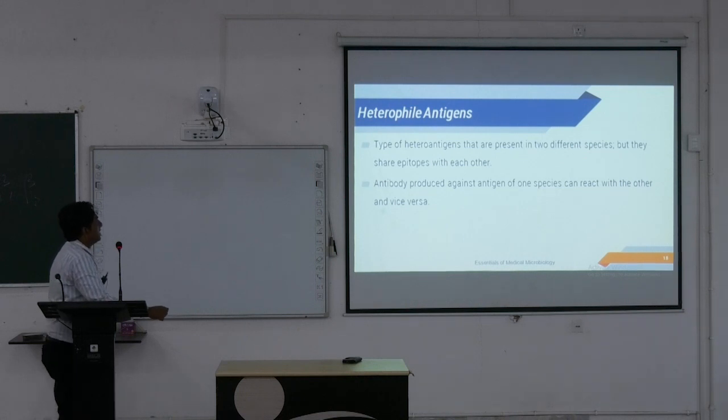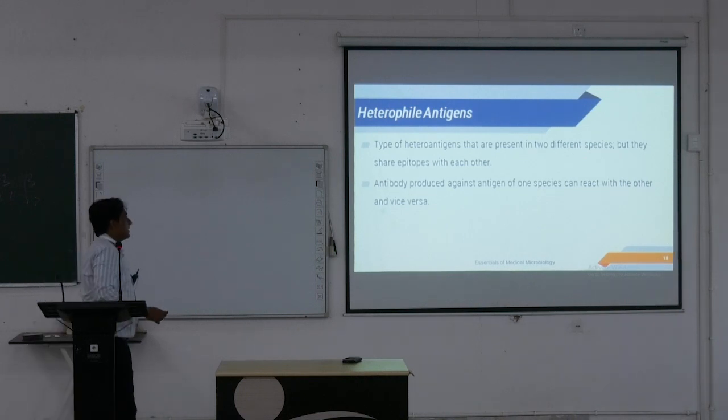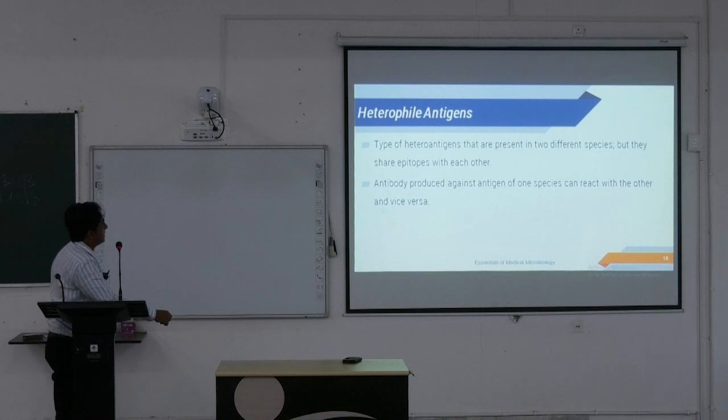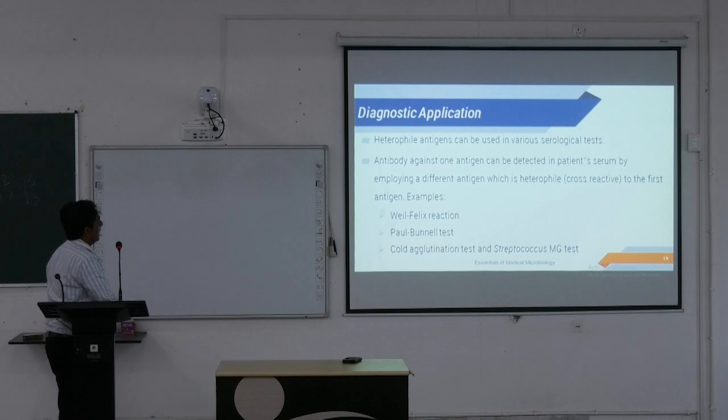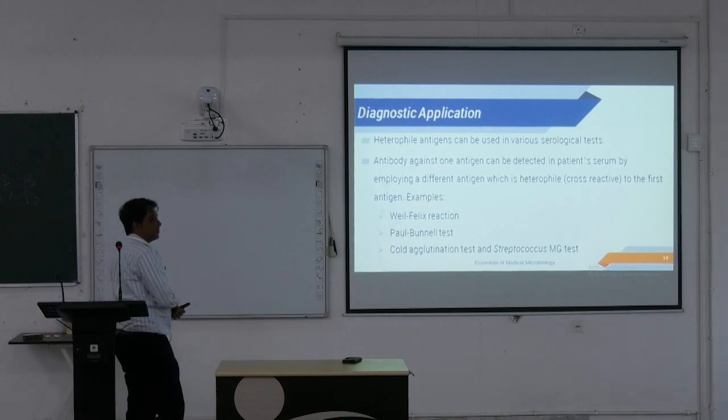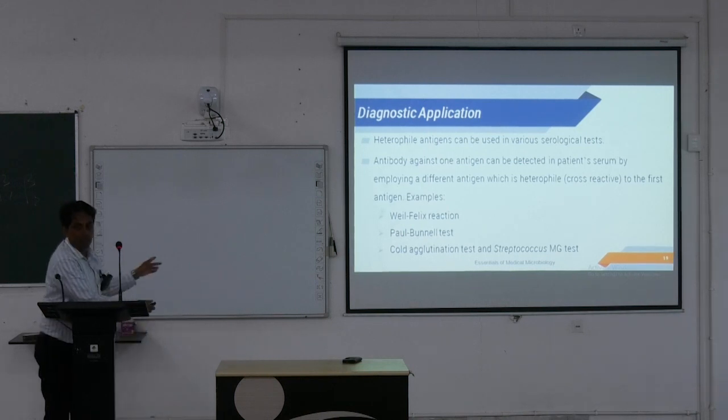হেটেরোফাইল অ্যান্টিজেন গুলো কি কি? These are types of heteroantigens that are present in two different species but they share epitopes with each other. Antibody produced against antigen of one species can react with the other and vice versa. হেটেরোফাইল অ্যান্টিজেন গুলো ভেরিয়াস সেরোলজিক্যাল টেস্টে ইউজ করা হয়। এইটাও কখনো কখনো শর্ট নোট আসে।